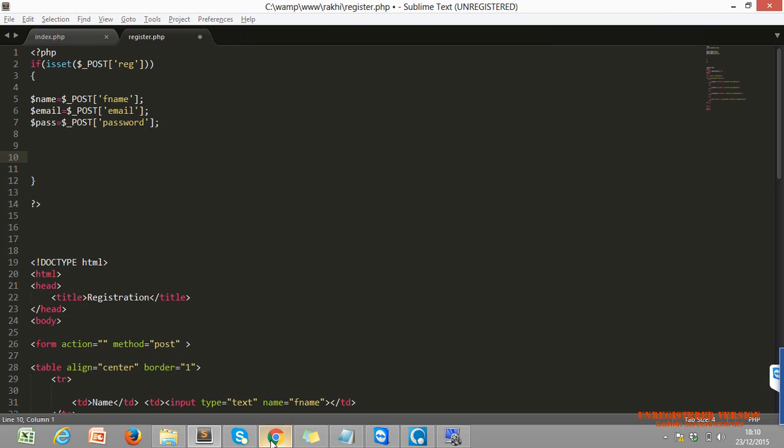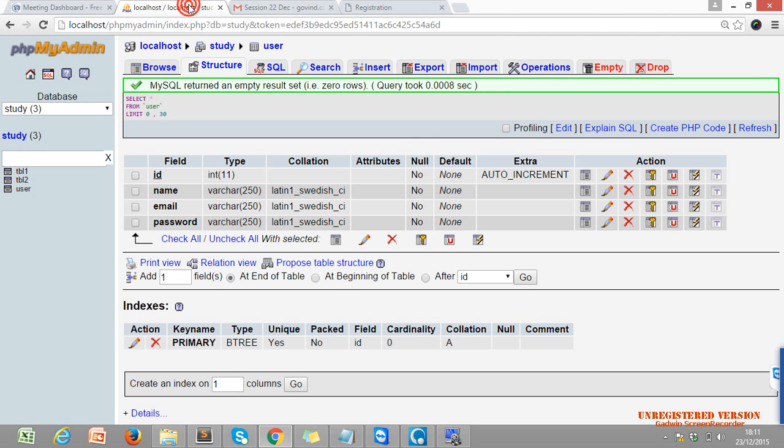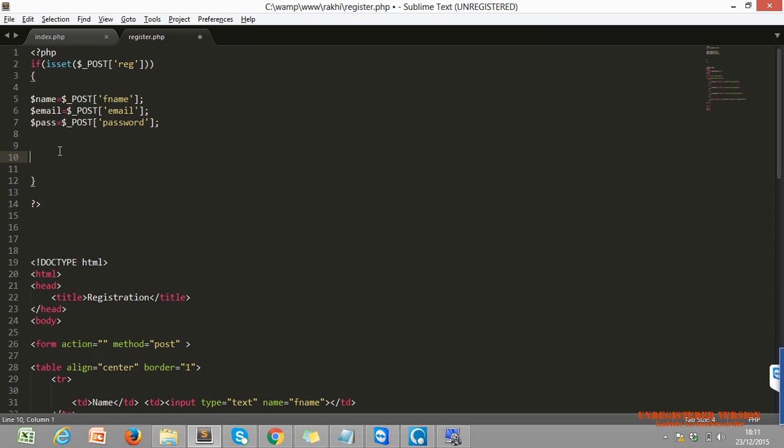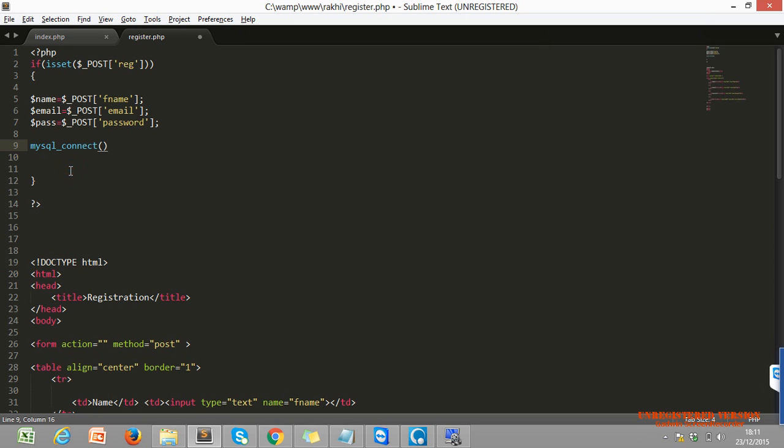next requirement, just send data to our database. For that I have to connect to the database every time. So I'm using the same code again, mysql underscore connect, for connecting to our SQL server.